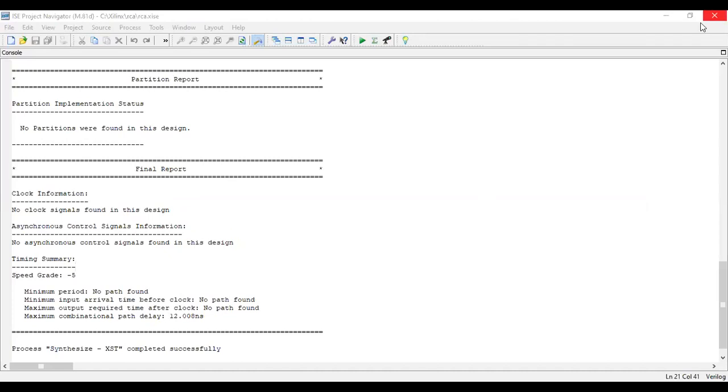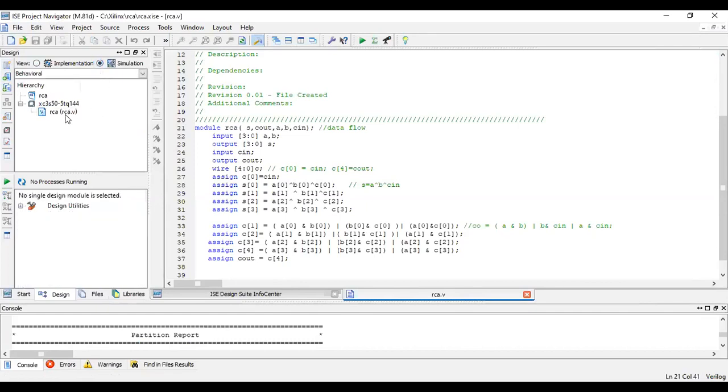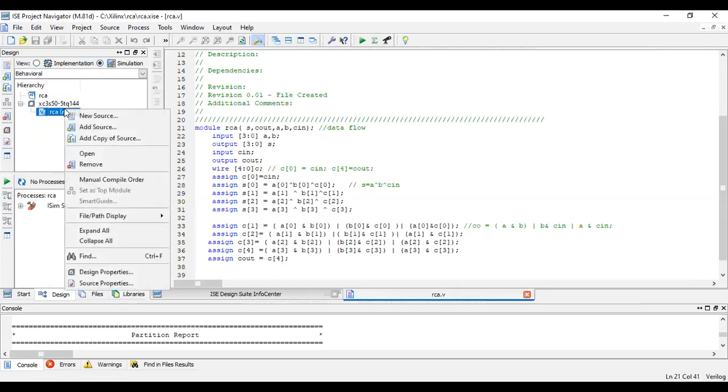Now we'll come back to our normal view, file view, project view. To come back to the original layout of the screen, go to layout, then Load Default. So you'll get the default layout that we were using till now. Now, as I told, we will do the simulation. So click on simulation, right click over here, new source.